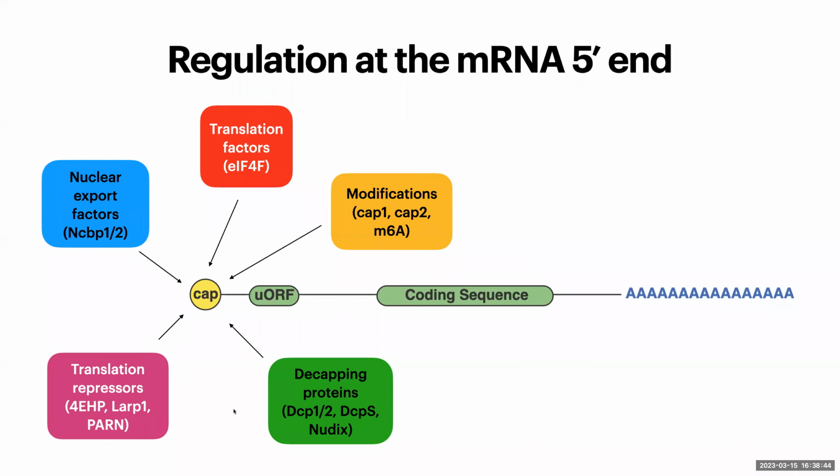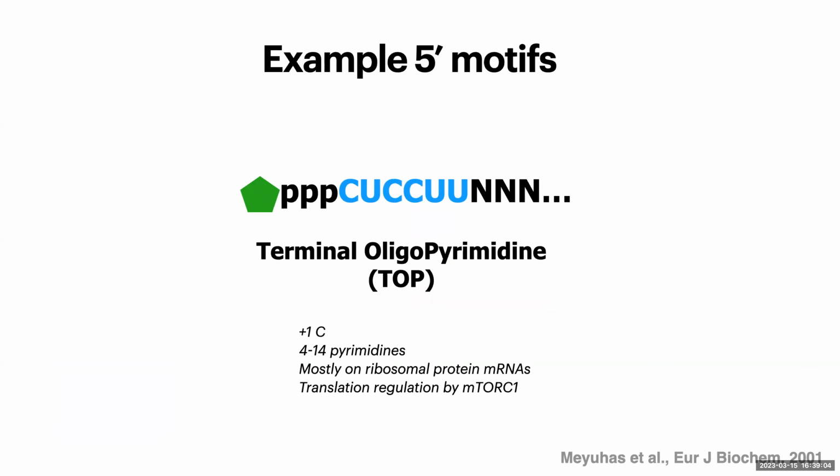And so all of these factors primarily recognize the cap structure itself, but are bound directly next to 5' terminal sequences. And so I think it's not a stretch to imagine that those sequences in certain cases might influence the activity of some of these different processes. So even so, there's really only one well-established example of an important regulatory 5' terminal sequence, and it's called a